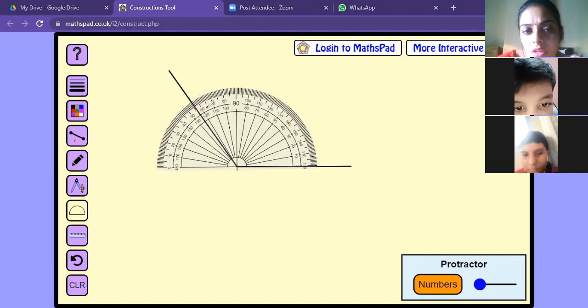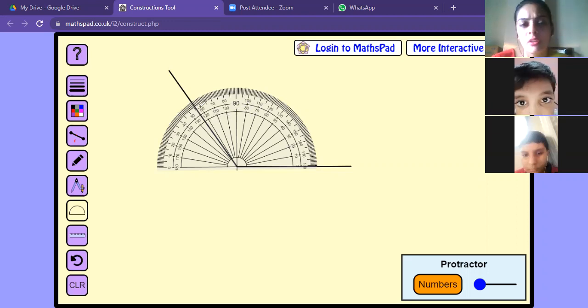Teacher, the measurement is 55. How, dear? Look at this angle, what does it seem like? It looks like an acute angle. No, teacher, obtuse angle. What is the measurement of an obtuse angle? More than 90 degrees. So what is the measurement over here? Just see, because it is not an acute angle, right?